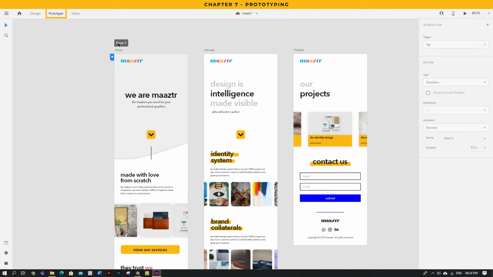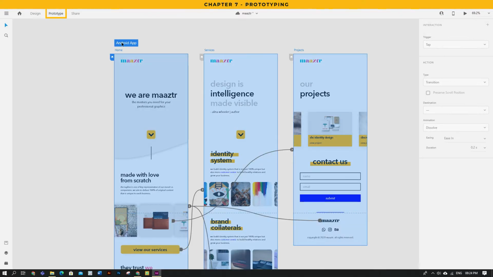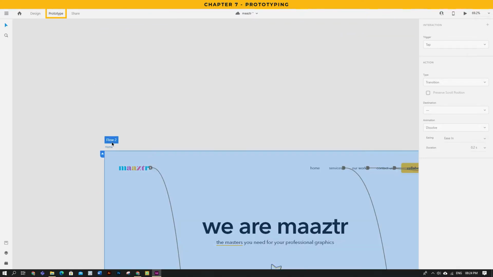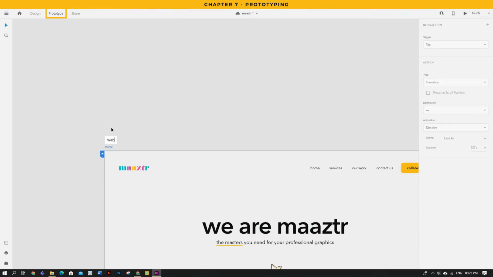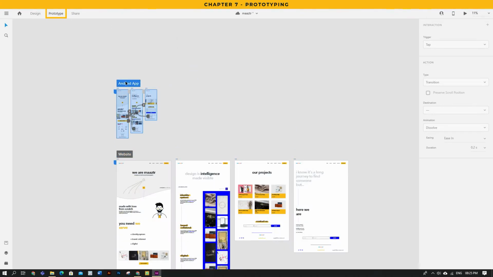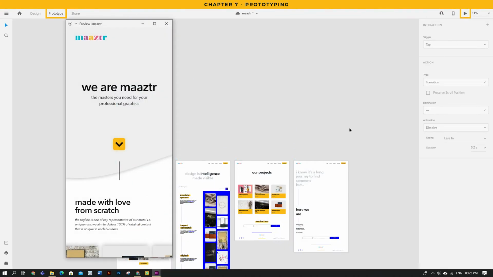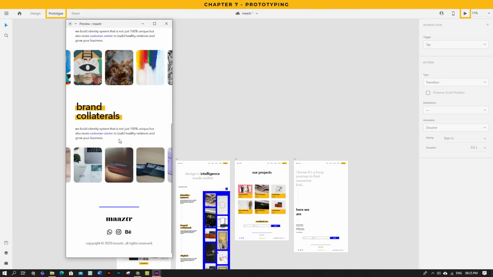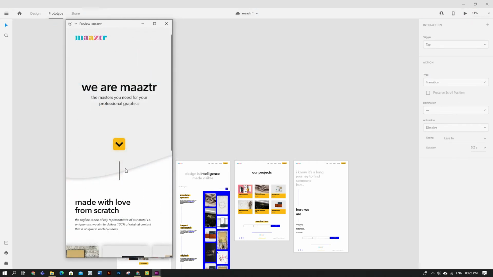In the latest update, Adobe made it possible to have multiple flows in a single design. This allows you to design your app for different devices in a single file and easily interact with them individually. Just select the flow you want to interact with and hit the play button on the top right corner to interact.